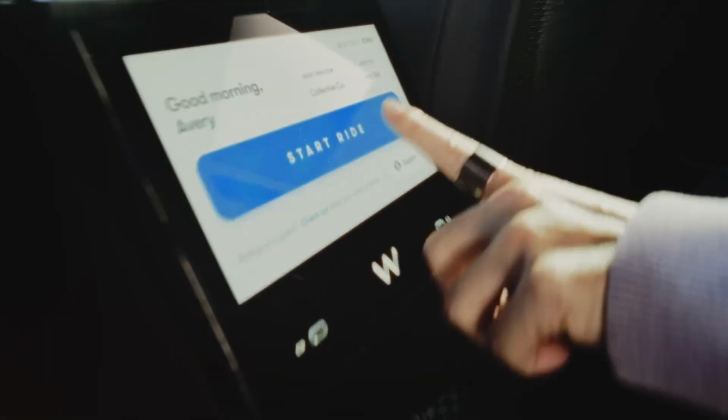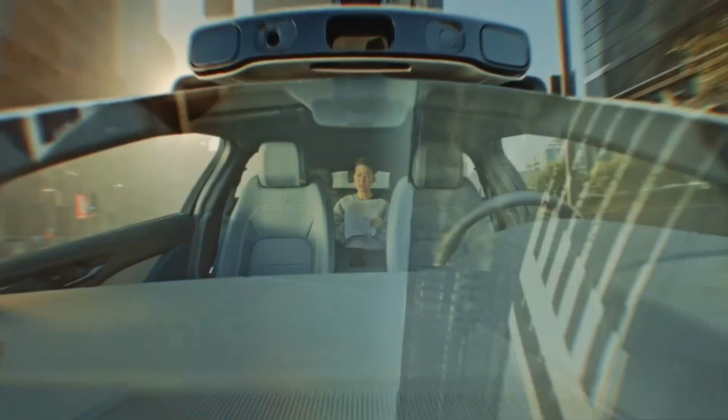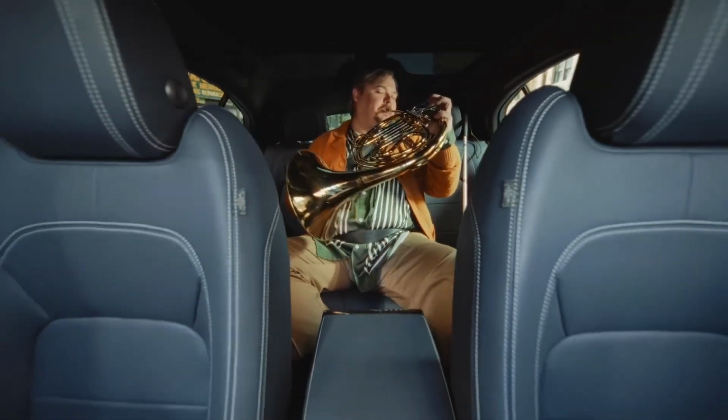Waymo, owned by Alphabet, aka Google's parent company, is one of the leading names in the race for fully autonomous vehicles. They've been testing these cars for years, mostly in Phoenix, Arizona, but recently they've started rolling out their services in San Francisco too. I've had the chance to ride in a Waymo vehicle myself, and here's the first thing